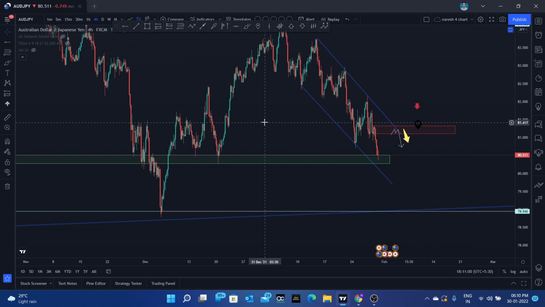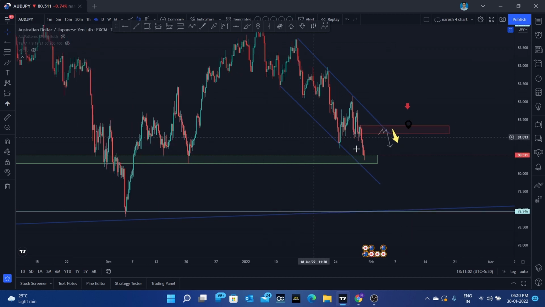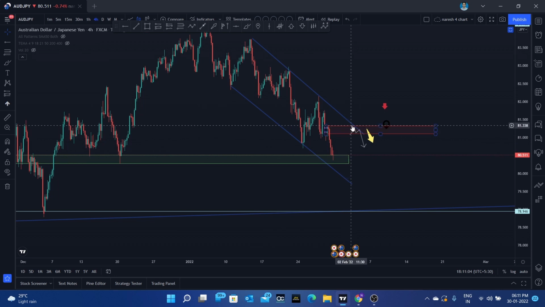So we are having a good opportunity in AUD JPY. Just wait for the pullback to happen, and if it is respecting this trend line, go for short entries. If it is not respecting this trend line, don't trade at all, guys. We are looking for trades which need to be on the side of the trend. We are in a bearish trend in the 4 hour time frame. So we'll be only looking for short entries right now. So that would be for AUD JPY, guys.